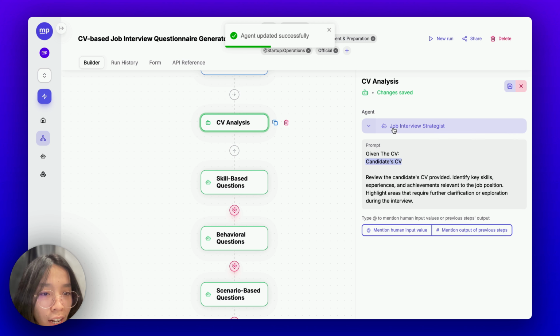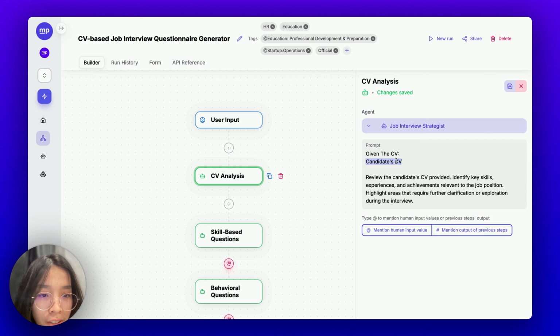Yes, and now it will be done by the job interview strategist. I will need to make sure to provide the CV and then review the candidate CV provided, identify all of this. So yes, it is good, but I think this step forgot to mention the job description provided in the first step. So let me put it in. For me personally, to mention the input from humans or the output of previous steps,